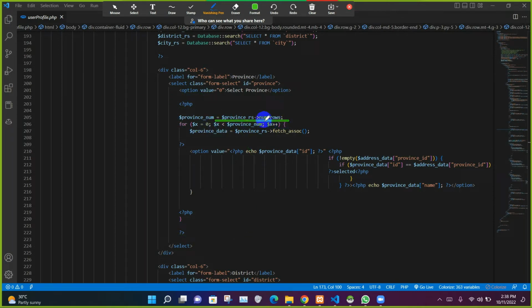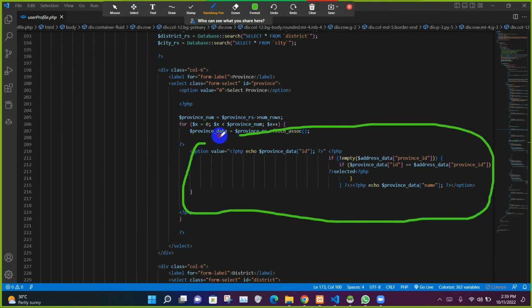Here we have checked how many rows are available in the province rs variable, and stored it in this province num variable. And here we have started a for loop, and we have checked whether the x is less than the number of rows available in this province rs result set. Within that for loop, we have taken the first row and converted it into an associative array and stored it in province data. After that, we have closed that PHP script so we can insert some HTML tags within